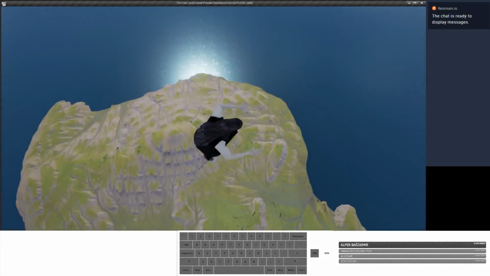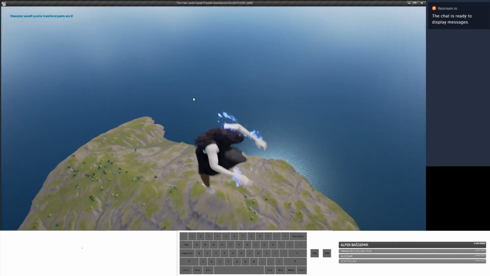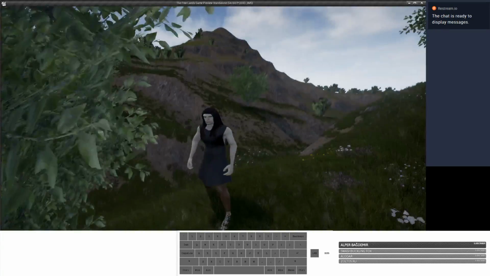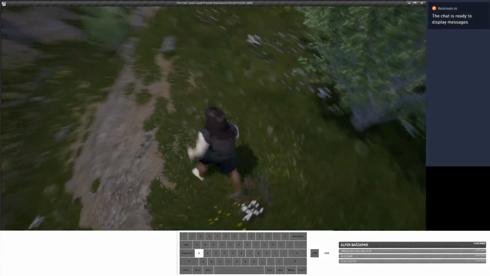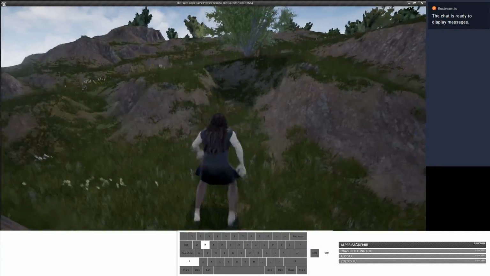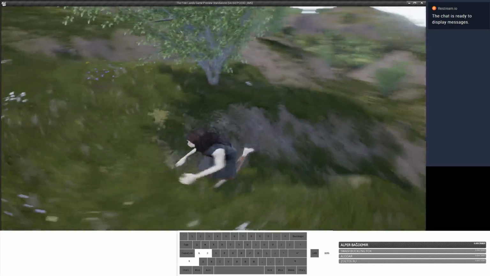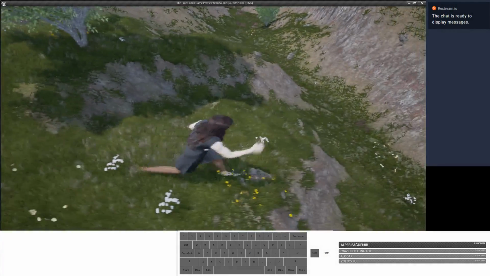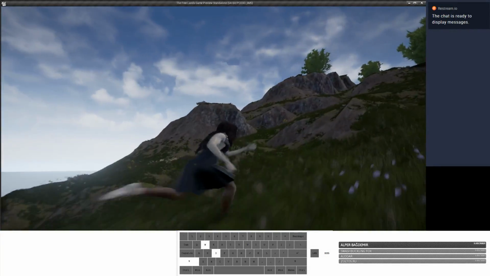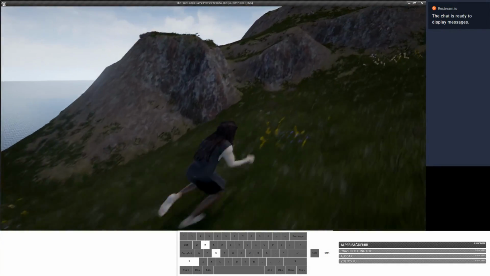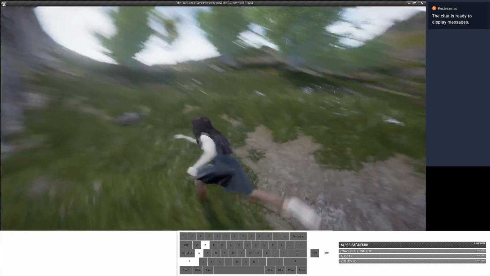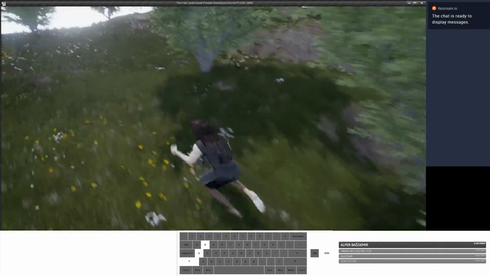So let me just see here. I'm gonna put some music and stuff here, but okay, it's shadowing from me. It's receiving shadows from me, and it's receiving shadows from the trees. But is it receiving shadows from itself? I don't see that. I want like mountain shadows and stuff. That doesn't look realistic at all. It looks so flat. Like that looks a little bit better.